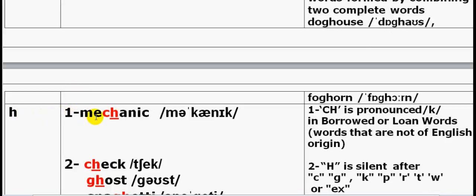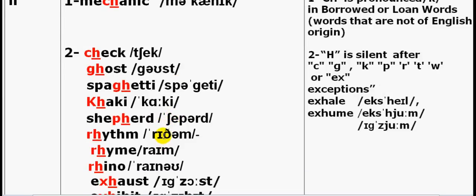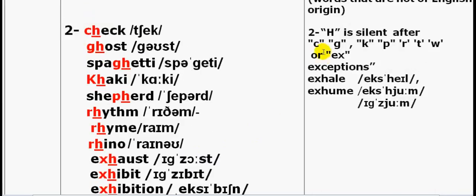Silent H. Third, CH is pronounced K in foreign or loan words. What's meant by foreign or loan words? Words that are not of English origin. Check, ghost, spaghetti, hockey, shepherd, rhythm, rhyme, rhino, exhaust, exhibit, exhibition. The rule: